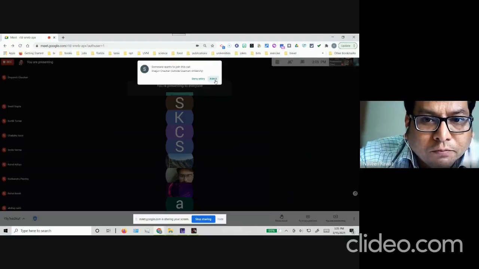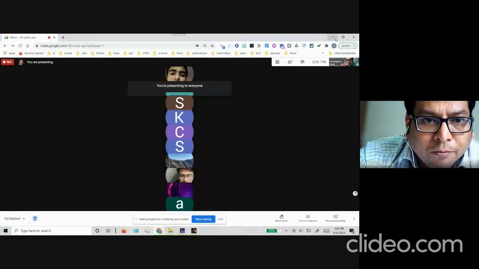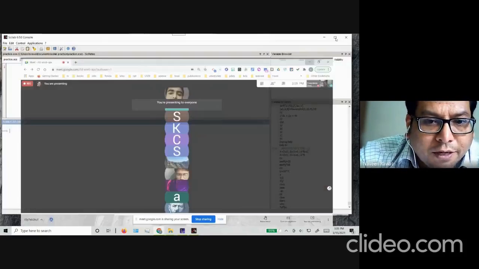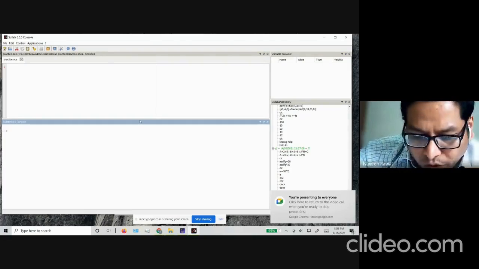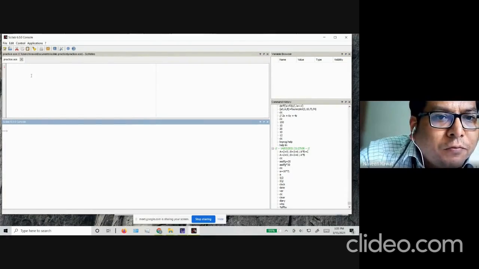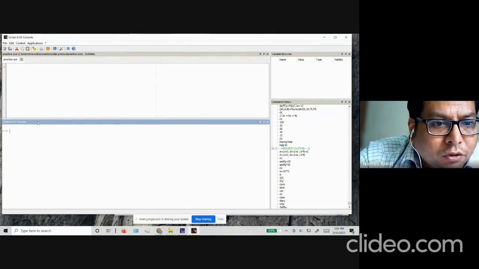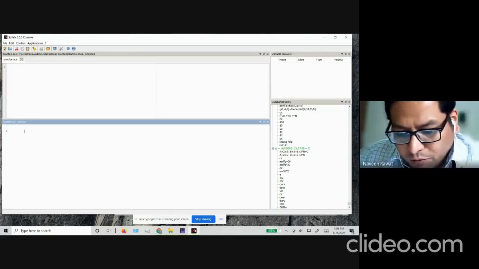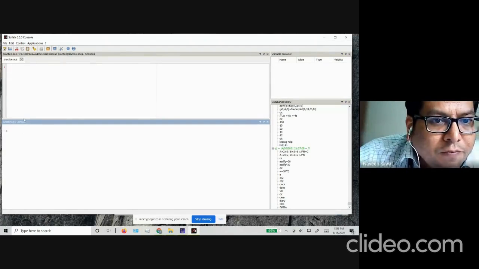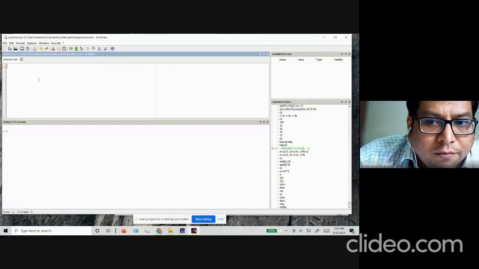We'll try to see how to use the Scilab editor and the console so that we are familiar with writing the program. Okay. So if you look at your Scilab program, we have a section which is called the console window. In the console window, basically you're going to type your commands that you want to execute. Okay. There is a SciNotes section, so you can define functions and write your program in this window on top here. Okay.